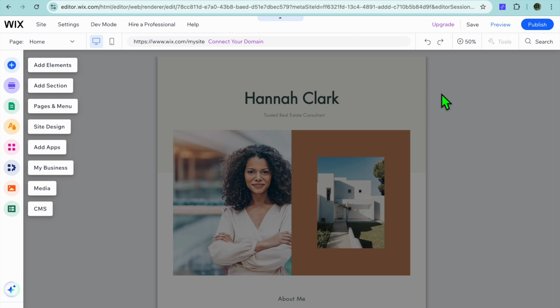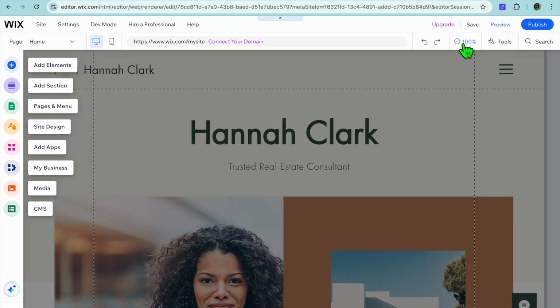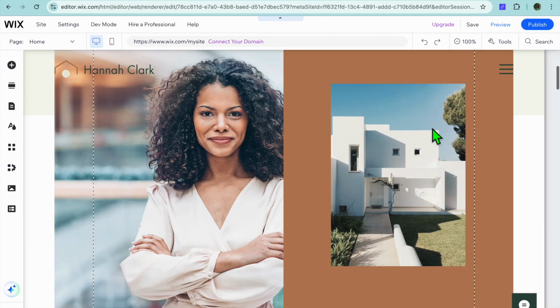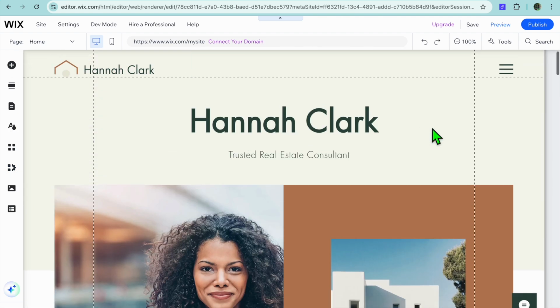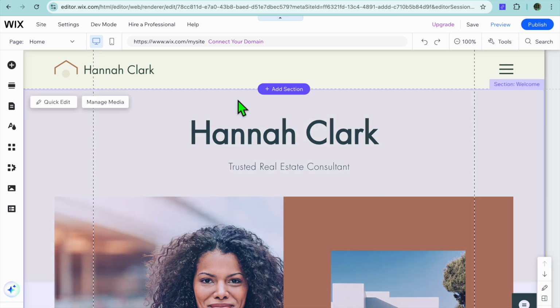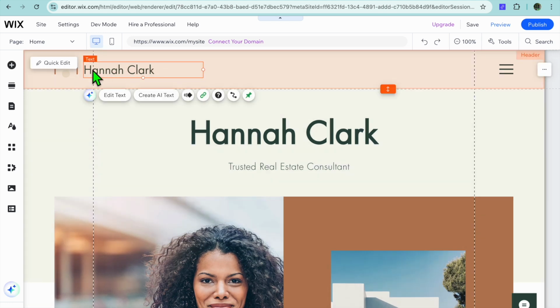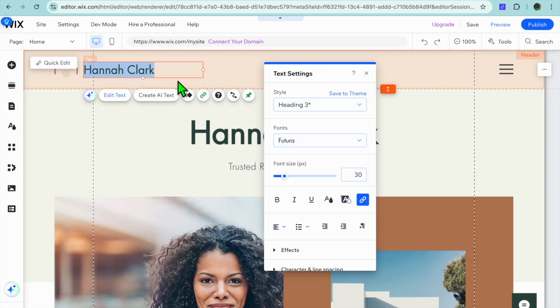Normally, I would close that pop-up, then tap on the plus 50% in the top right hand corner. After doing that, you can see how my website looks right here. To start customizing it, for example, let's say I would like to change the name in the header section. I can tap on the current name, then select edit text, and from there I could type in, for example,